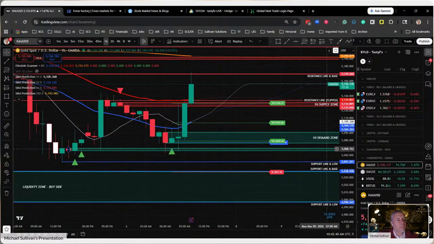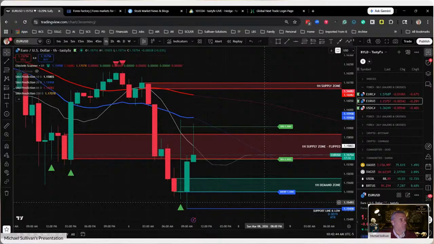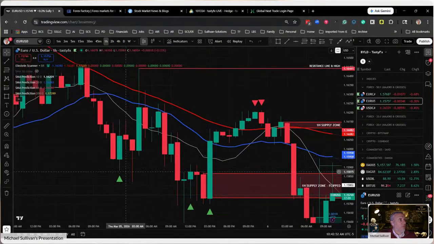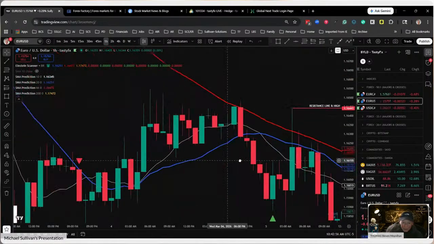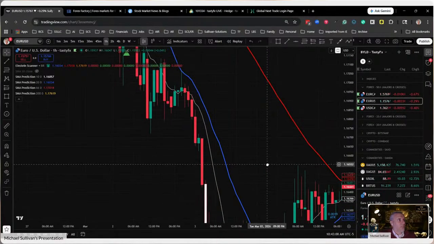What time we got left in the candle? 17 minutes. All right. I'm gonna go over here for a second. So on Euro USD this morning, I've taken advantage of it. I went big on this one. I profited big on this, and I took it all the way up to here. And that was a big move. And then last night I took